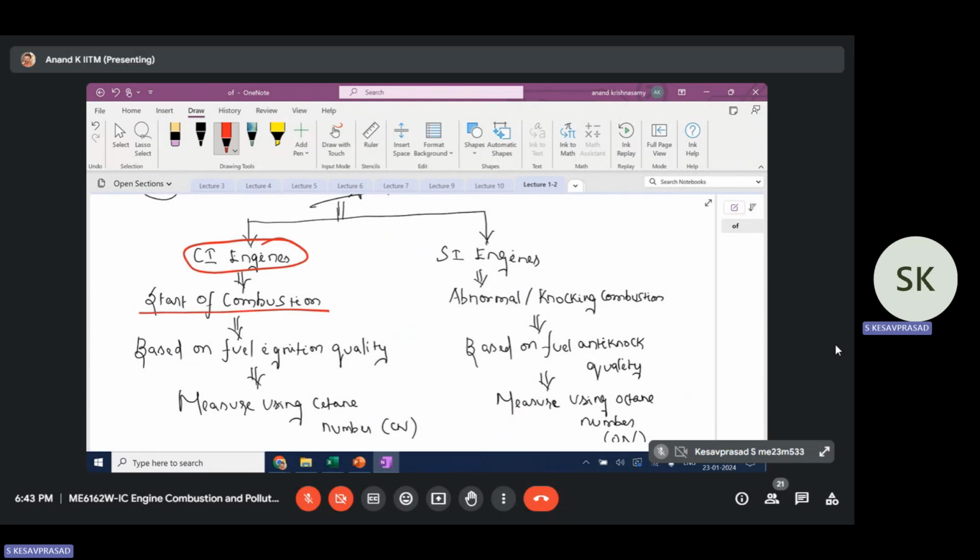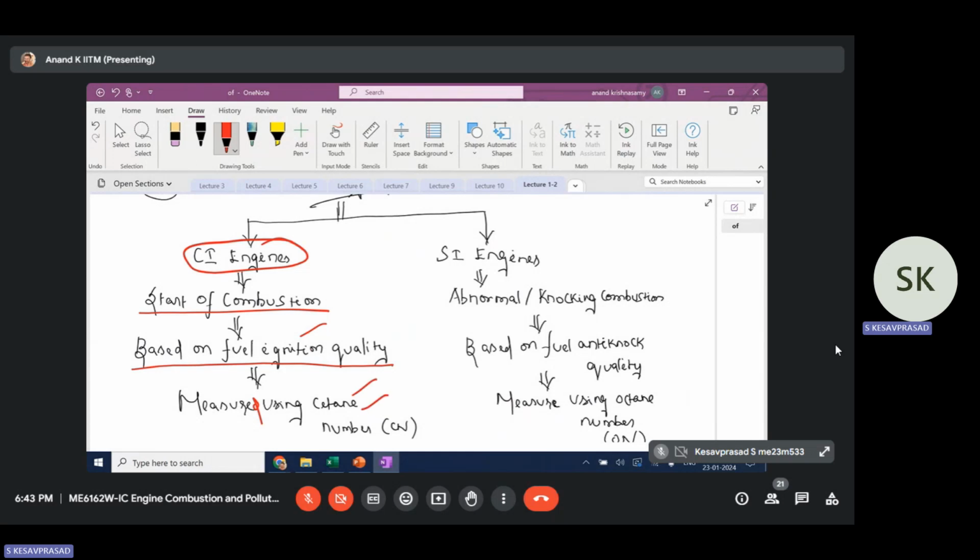How long the combustion event will take to start after the fuel is injected is influenced by the fuel characteristic. And this is primarily affected by the ignition quality of the fuel. After the injection of fuel, how quickly the fuel will ignite is based on its ignition quality, and that is measured by using